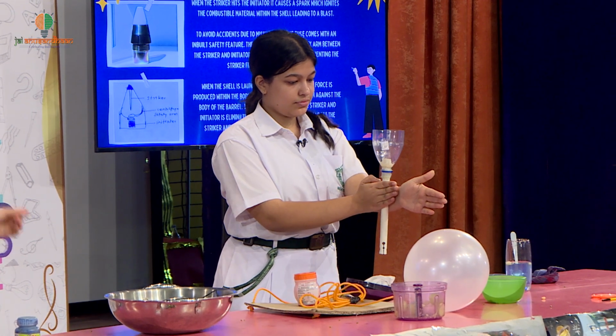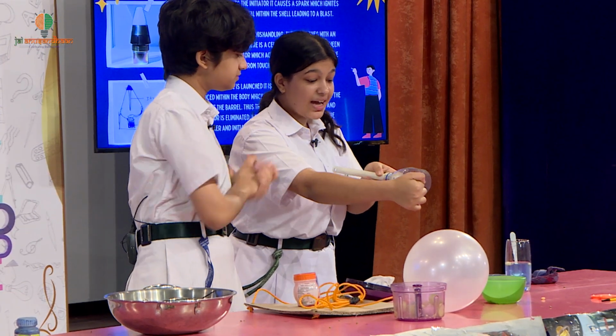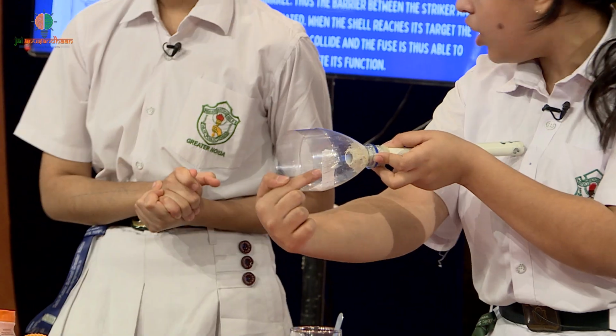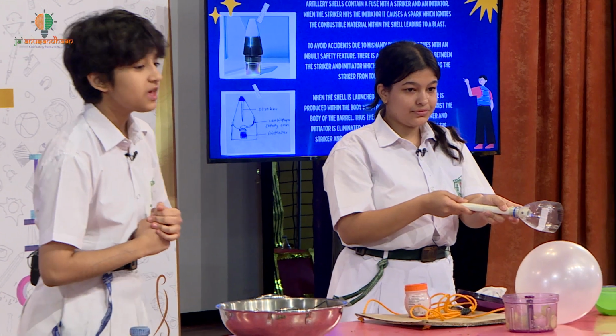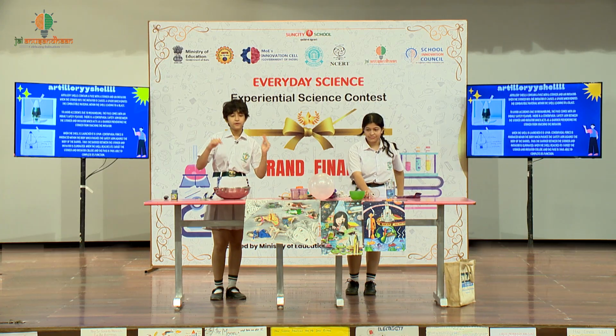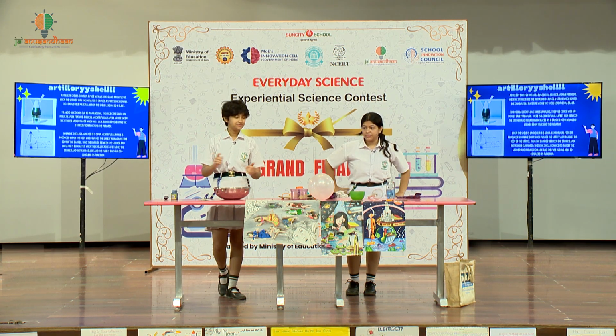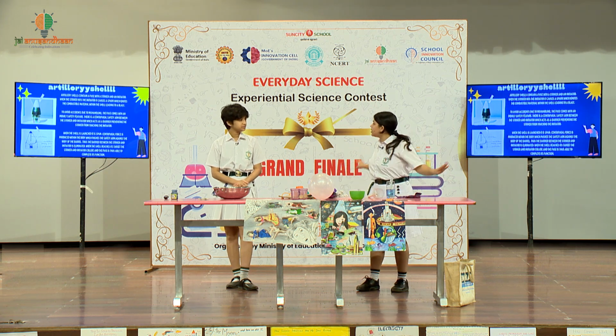When the missile is launched, it spins. And you can see how it sticks away to the sides of the wall due to centrifugal force created when the missile is spun. This leads to the elimination of the physical barrier, and the fuse can now perform its function without any problem. That is such a cool topic. I have never learned about it before.